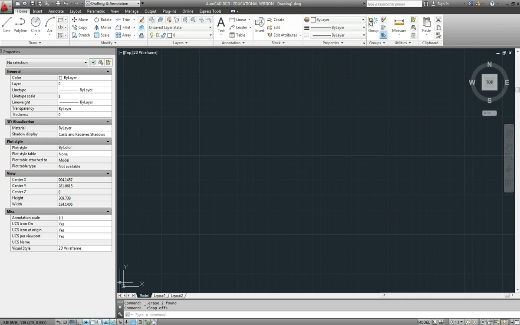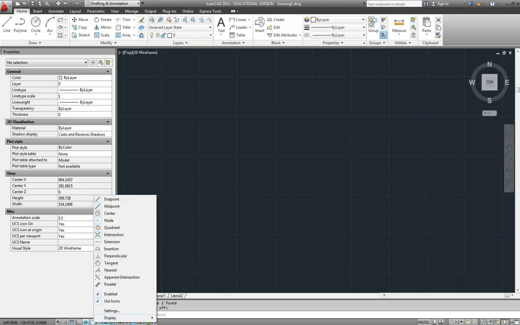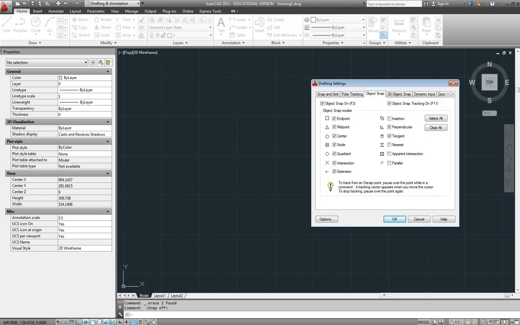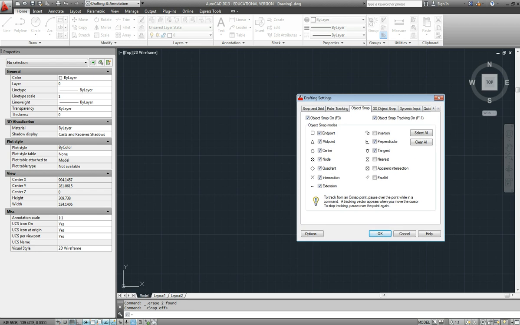Okay, and now I'm looking for object snap, which is this guy here. You can see the shortcut key is F3. Now, looking at the settings, if I right click on that and go to settings, these are the options that we have for object snap. Now, straight out of the box, these aren't all set up, so it's a good idea to go in and set them up initially. The ones that I like to have on are, as you see here, endpoint, midpoint, center,